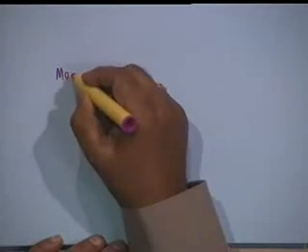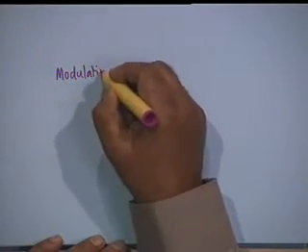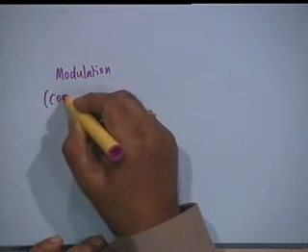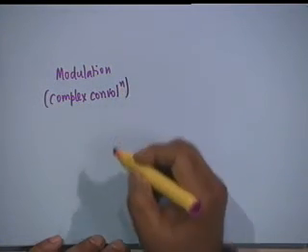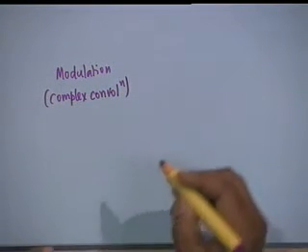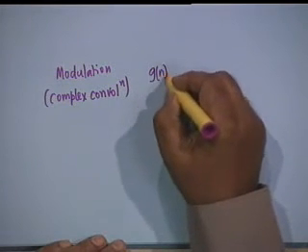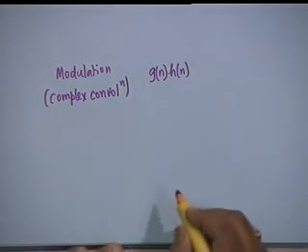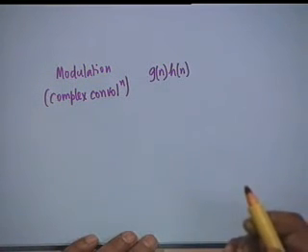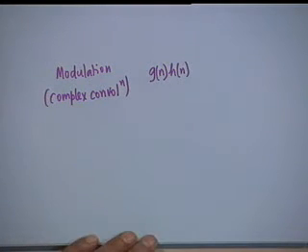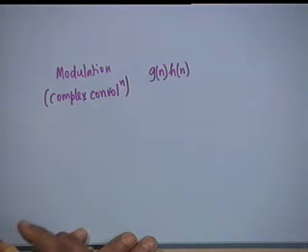Then a property known as modulation. It is also known as complex convolution. This property is that the two sequences are multiplied in the time domain. The previous case was multiplication in the frequency domain, and it was convolution in the time domain. They are one to one, and this is a dual. That is, the sequences are multiplied in the time domain.